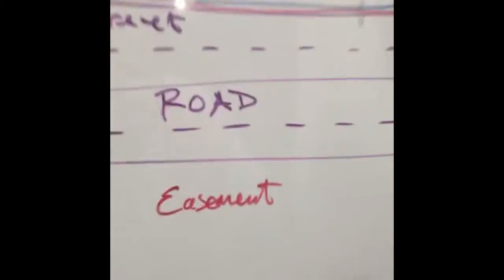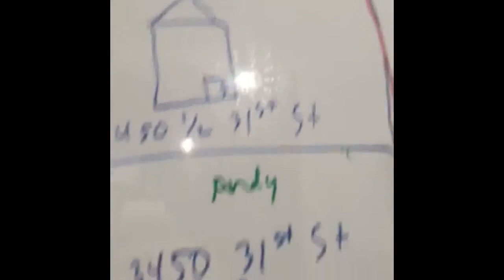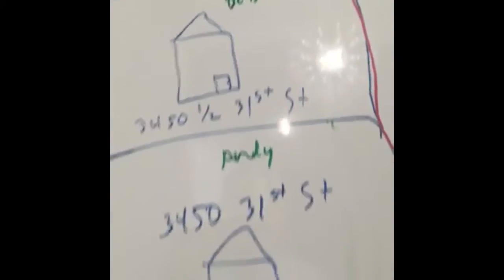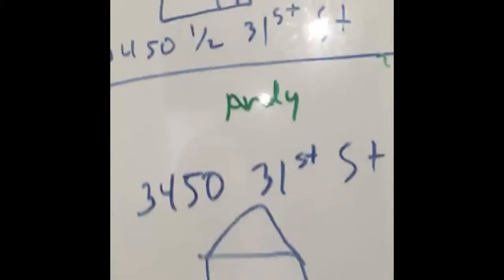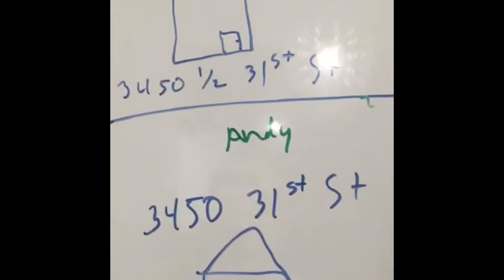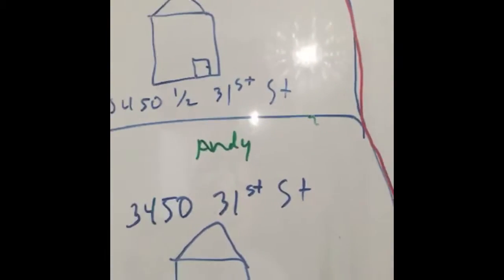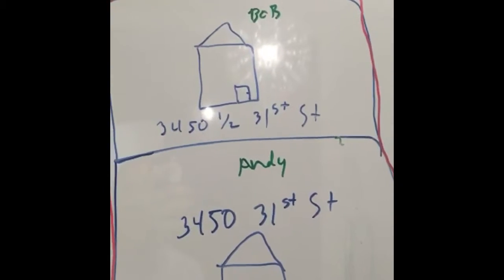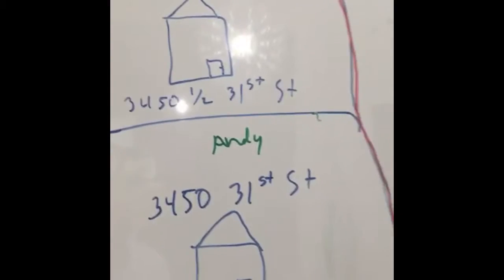Someone had a good question. They said, how much does an easement cost? So this is how it works. Let's say Bob and Andy own these pieces of property. And Bob told Andy, hey, Andy, I bought this property behind you, but I have no access to it. Can you give me an easement in writing and give me access? At that point, it's a negotiation game. Andy could say flat out no to Bob, or Andy could say, you know what, give me some money. And at that point, you just negotiate what it's going to be.